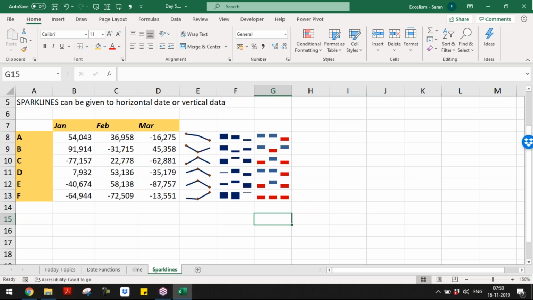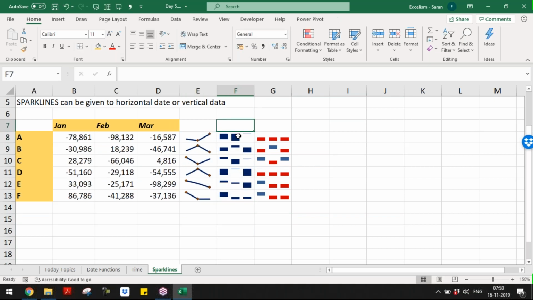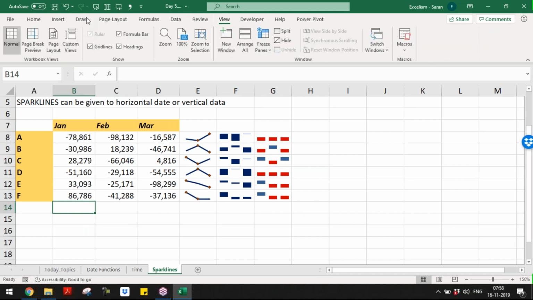This is very beautiful. Especially this one will give a trend to the user, and you can use this maybe if you have at least some six items, and this is only to identify whether it's positive or negative. Okay, as I told you, this can even be done with columns also.